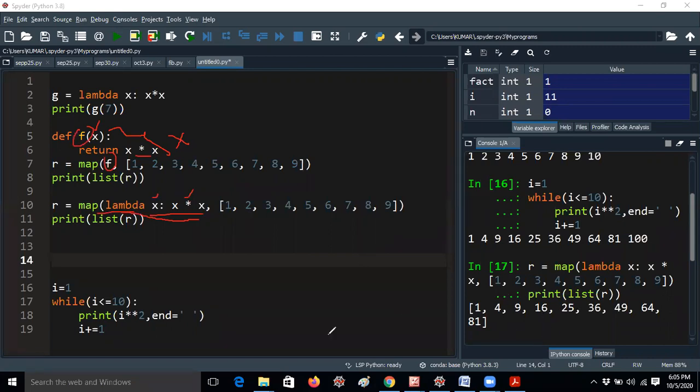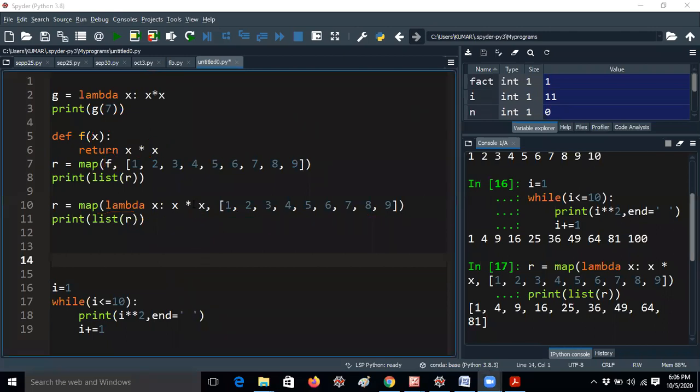Now students will have some doubt. Students may say, sir, this is very easy, but we need to type all the 9 numbers, what is the use, sir? They will ask like that. Nothing boss, you can use the range function here. That's not a problem at all. By using the range function you can get the numbers from 1 to 10 or 1 to 11. For example, if you would like to get the values from 1 to 9, you can give range of 1, 10. So the range function is not only used in a for loop, you can use it anywhere in the program. You can use the range function for getting the same output. That is also a very good thing, guys.